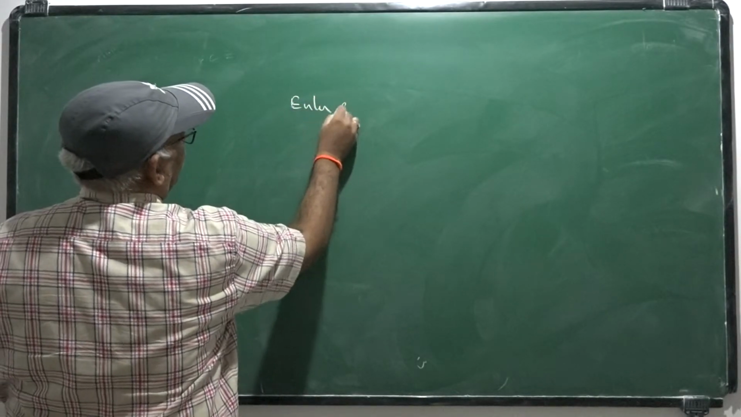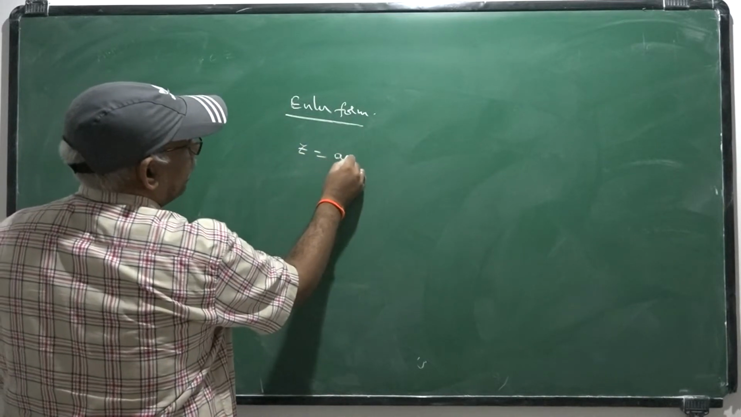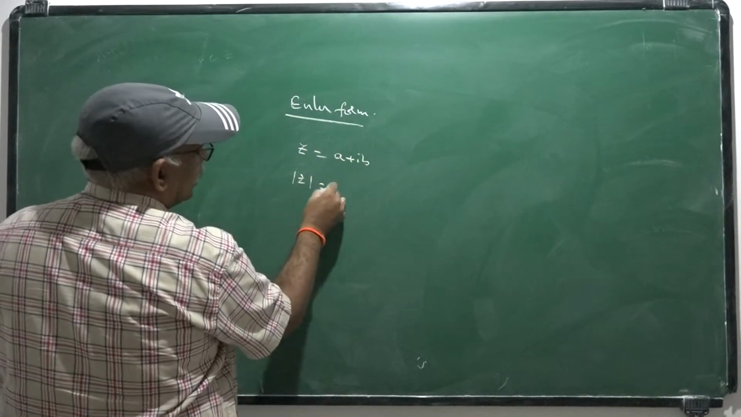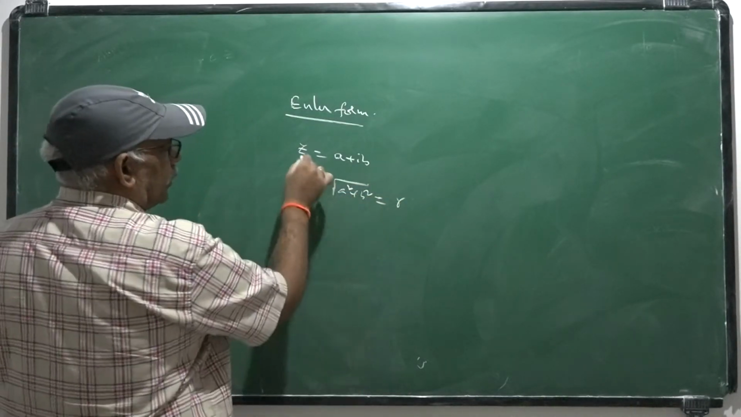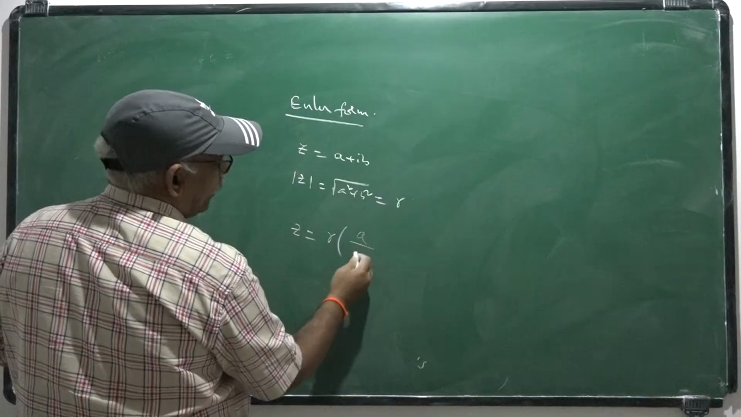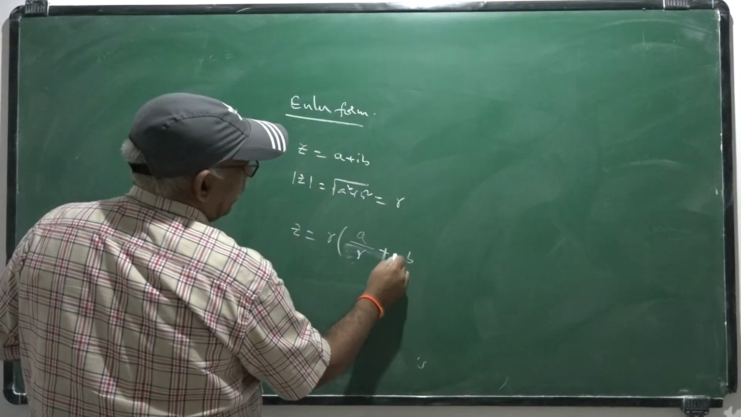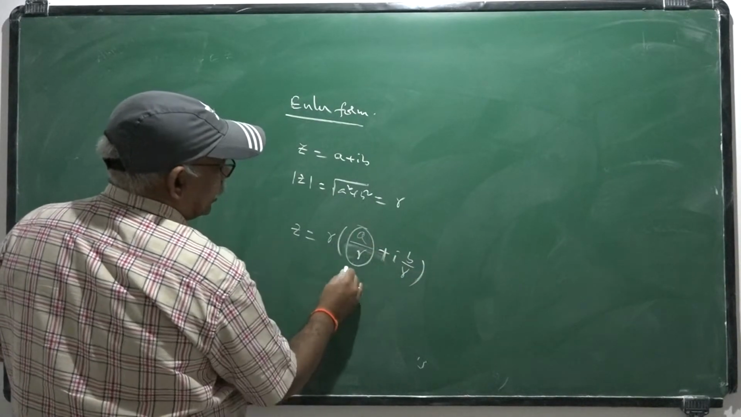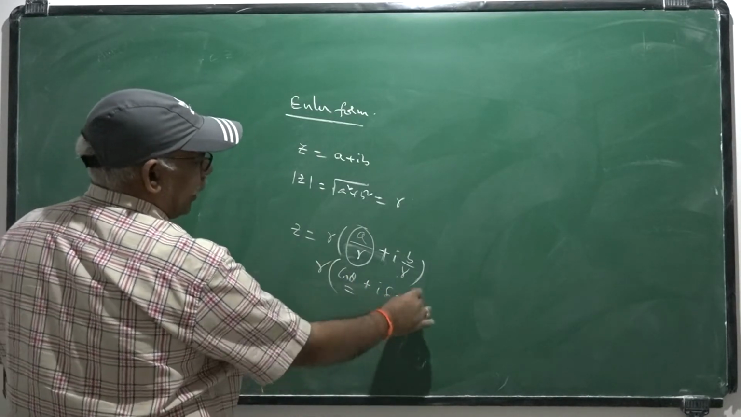A complex number may be represented in its Euler form. If z is a plus ib, then mod z is the square root of a square plus b square. It is considered as r. Then z may be represented by r into a by r plus i b by r. Once you consider this one as cos theta plus i sin theta, where theta is the principal argument,